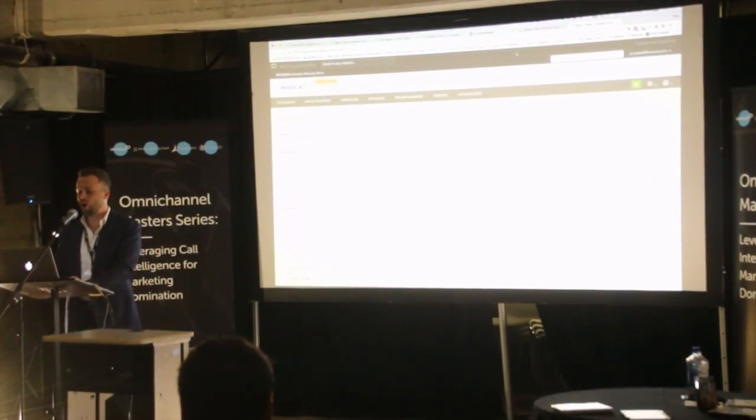So I can say, all my customers who have called in about shutters, who booked an in-home appointment, I can either remove them from my campaign or I can add them to a different one. And so what that might look like